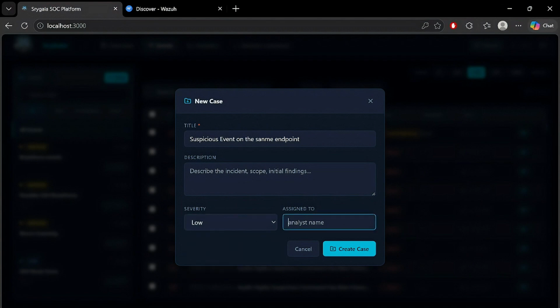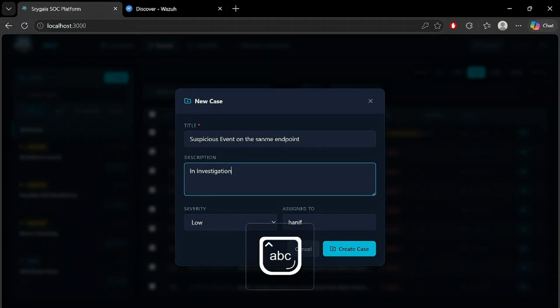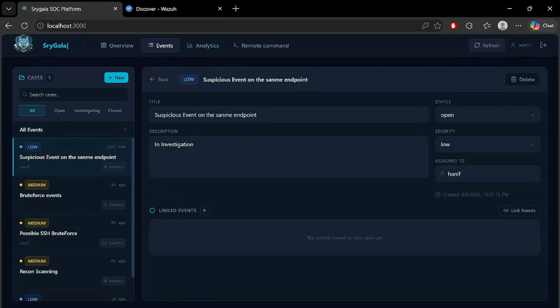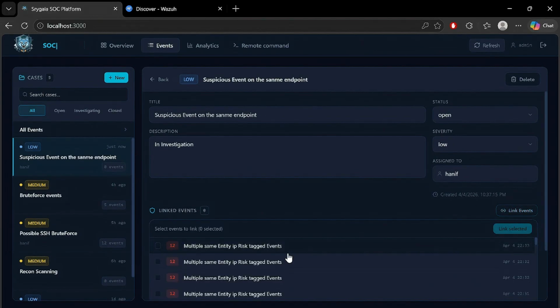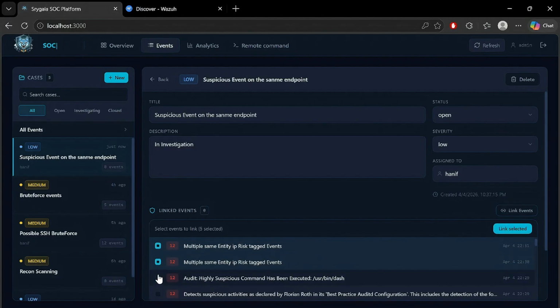Set it to low severity and assign it to yourself. In the investigation, you can create the case and then link it to the events. For example, we add some